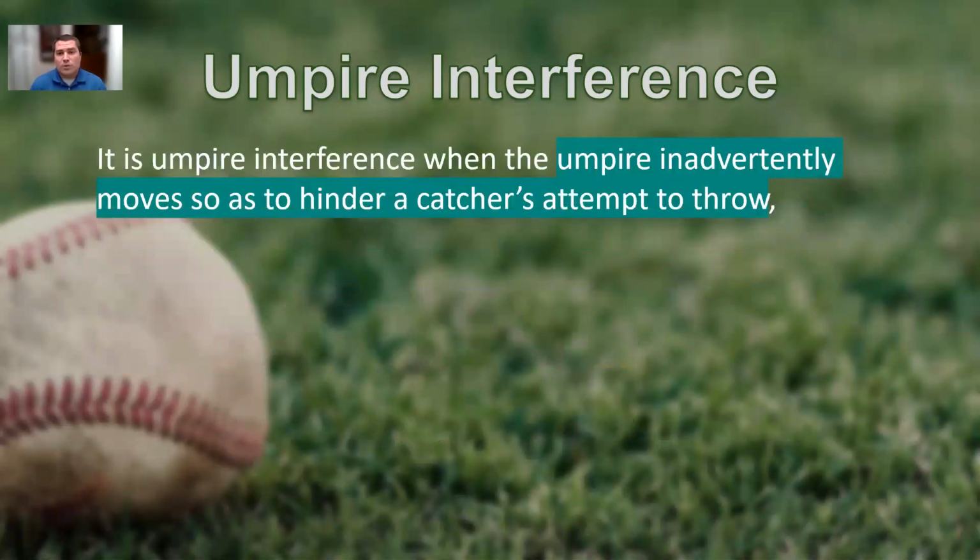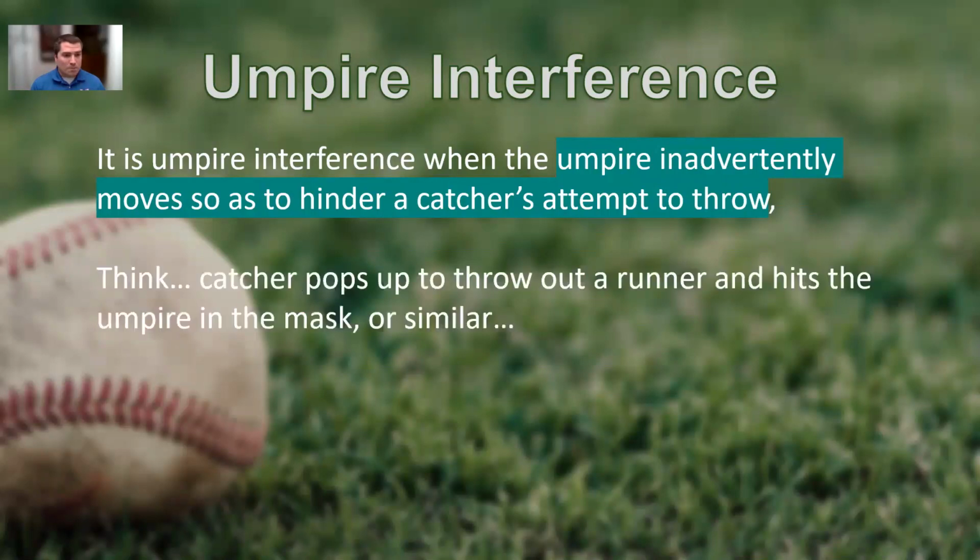It is umpire interference when the umpire inadvertently moves so as to hinder a catcher's attempt to throw. The Rules Committee has already talked about next year. The phrase "inadvertently moves" is going to be changed because really, as an umpire, you don't have to inadvertently move. You can simply be in your stance, and if the catcher in his attempt to throw hits you, it's umpire interference. You don't have to move. So I don't know what their wording is going to be just yet, but this phrase is going to change